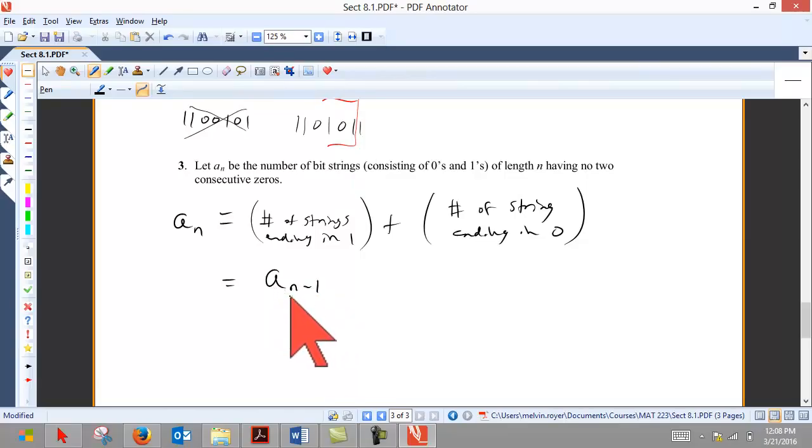Taking all strings of one fewer bit and just slapping a 1 on the end of it. So I start with what's in red and I slap a 1. If here is what I had in red, I can slap a 1 on it, and that's legal. Plus,